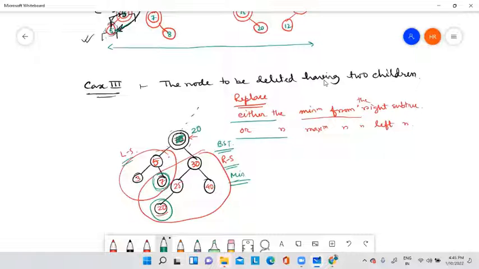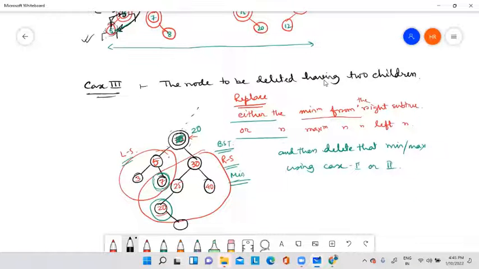So replace either the minimum from the right subtree or the maximum from the left subtree, and then delete that min or max using case 1 or 2. Why can case 2 come? Suppose in the picture there is still another node.